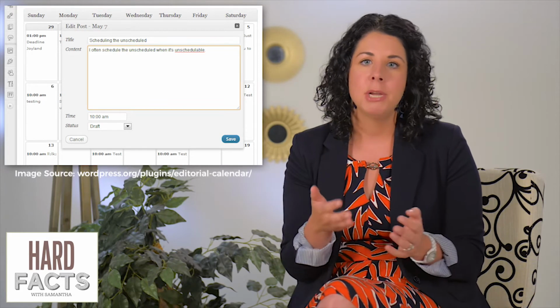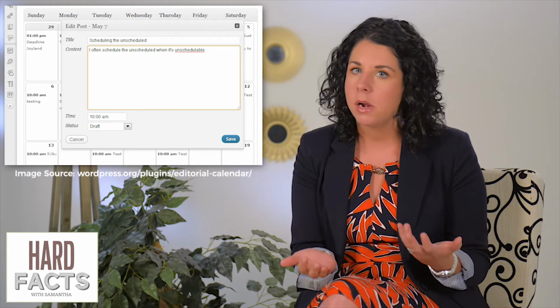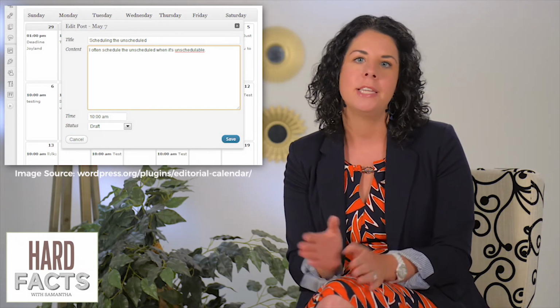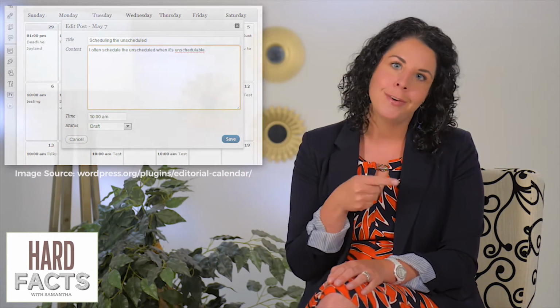Now I love that because sometimes you're working on a piece of content, or maybe you're working on a collaboration that just isn't solidified or ready to go live yet. So as you've created that content, you can hold it over in the drafts, drag it over, and then execute that published date. And last but not least are Asana versus Trello.